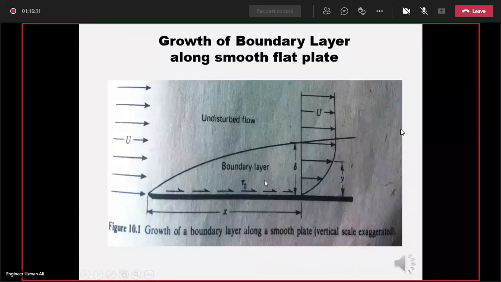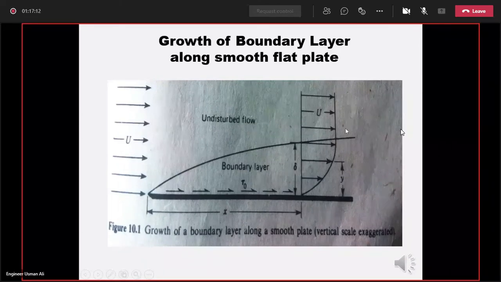Now within the boundary layer, अब इन दोनों में फ़र्क क्या है? यहाँ पे कोई शियर स्ट्रेस नहीं डेवलप हो रही, यहाँ पे वेलोसिटी कांस्टेंट है, यूनिफॉर्म है, कोई फ्रिक्शन ड्रैग नहीं डेवलप हो रहा। Now near the surface of the plate जो रीजन बना हुआ है जहाँ से फ्लूइड पास कर रहा है, वहाँ फ्लूइड और प्लेट के दरमियान शीयरिंग स्ट्रेस डेवलप हो गई है। This is called boundary shear stress, τ₀ is the boundary shear stress. और इसकी वजह से वेलोसिटी वेरी कर रही है, so velocity near the surface is zero and velocity increases as we are moving away from the surface of the plate normally.